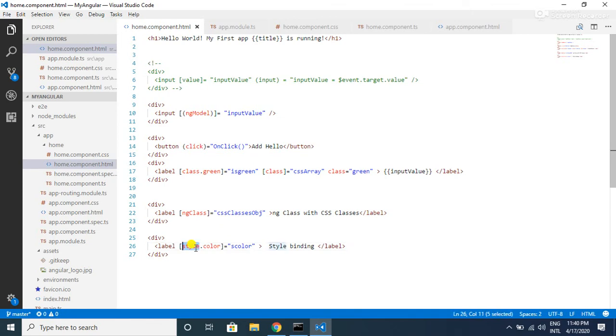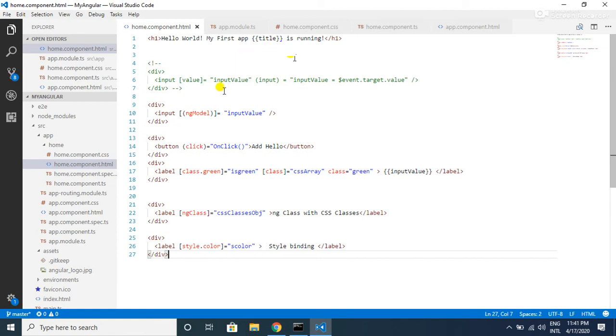So here also Angular suggests us to use this style binding for a single style property binding, whereas for the multiple cases you can either use the style binding or the ng style directive. And the third one is ng model directive. ng model directive adds two-way data binding to the HTML form elements. So the two-way data binding syntax is really just a syntactic sugar for a property binding and event binding.